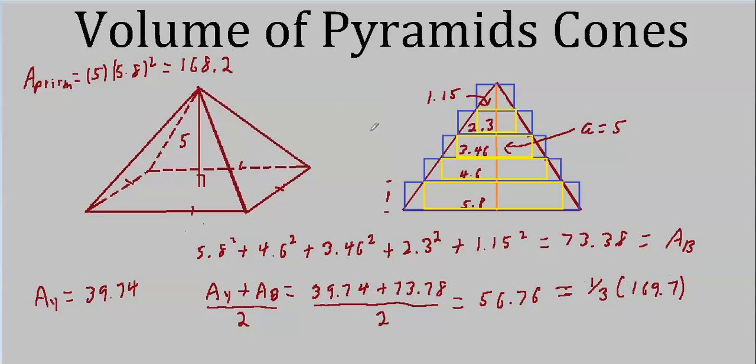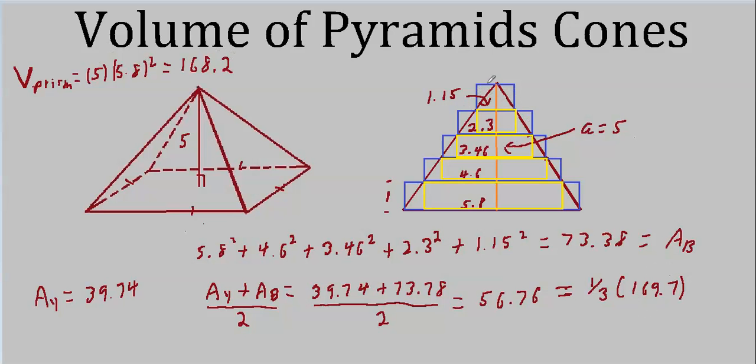what is the volume of a prism with the same dimensions? We get 5.8 on each side and a height of 5. Well, it'll be 5 times 5.8 squared, which is 168.2. Well, that's pretty close to this number here, isn't it? It's 169.7. Well, it turns out that the formula for the area of the pyramid is just the formula for